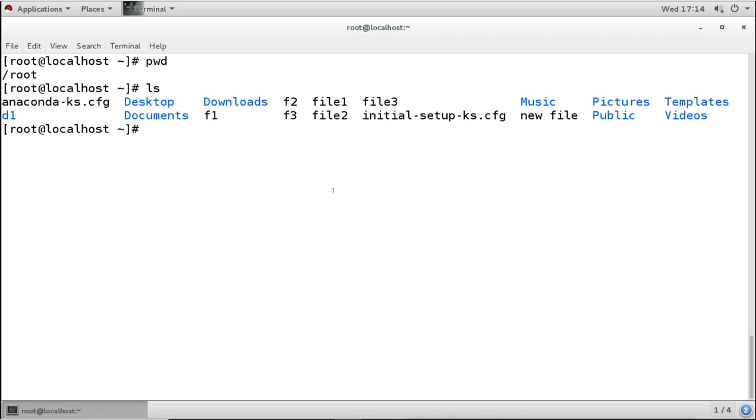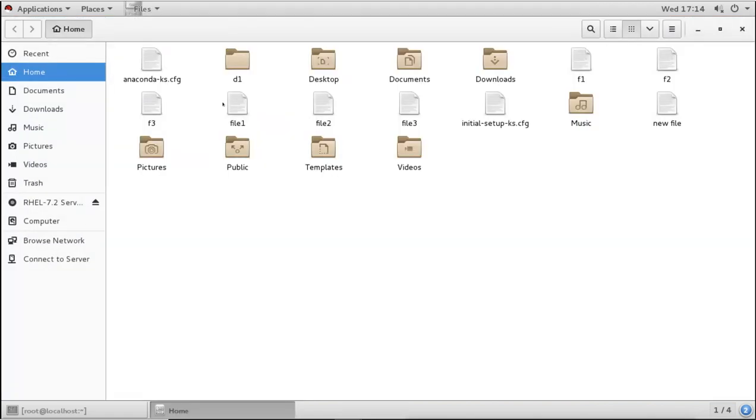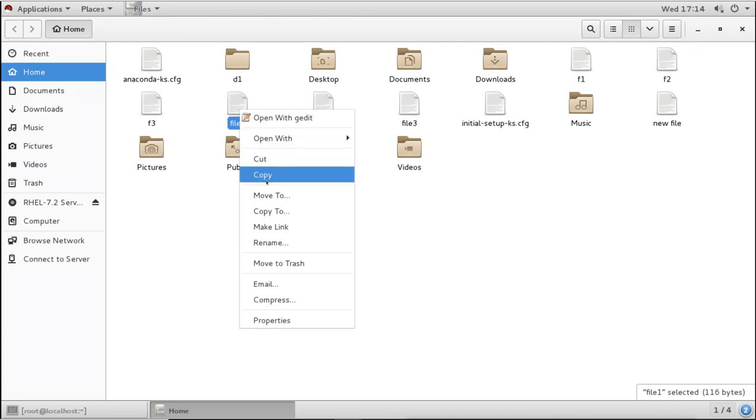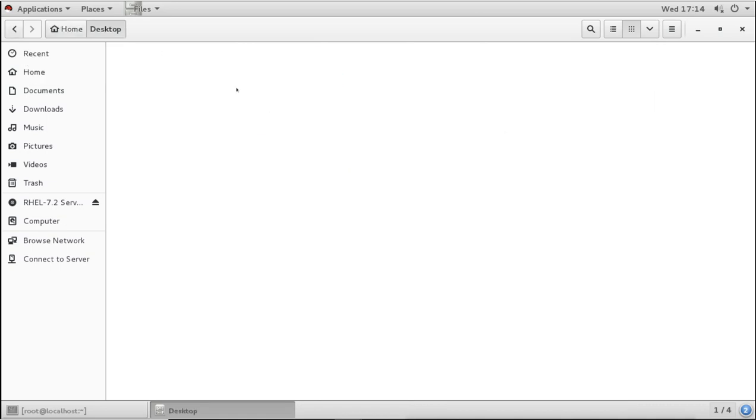Now in graphical, what we do is copy and paste separately. We go to the directory, we select the file which we want to copy, we right click on it, we select the copy command, then we want to paste it on the desktop. So we go to that directory, then we right click and select the paste command.